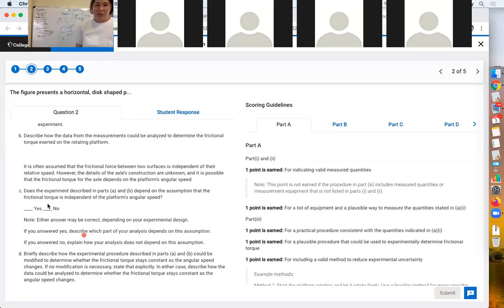And so he would explain, well, since it's always going the same speed, we are not worried about the frictional torque being independent or dependent because we're going the same speed anyway. We controlled for it. If he was going different speeds, he'd want to talk about how we're assuming it's the same, and therefore the fact that it's going at different speeds at different times should not change our answer. And so they just wanted to know, did you understand what you were doing when you created that